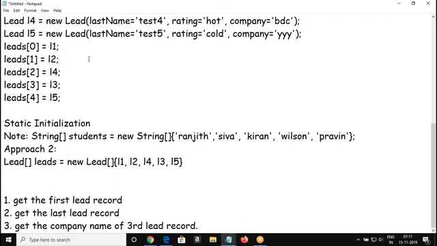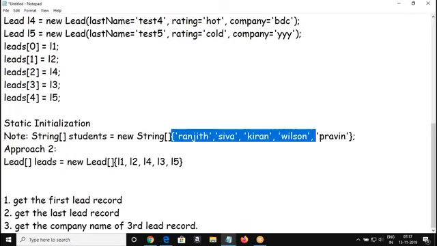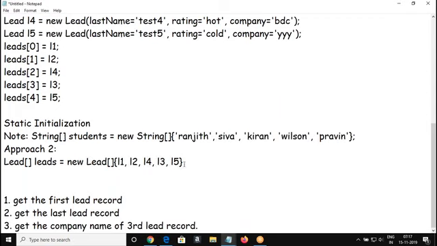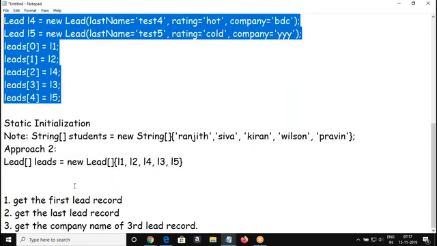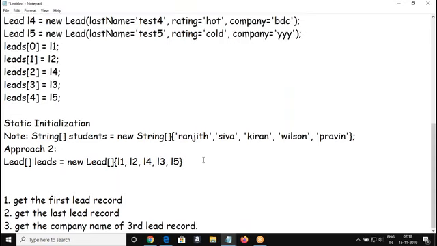But the learning here is how to initialize and declare the list of lead objects with elements in it. If we already have the data in place, then I can go with static initialization like this also. Either way is fine. Both are the same. Both are showing you the approach to insert elements into the array.